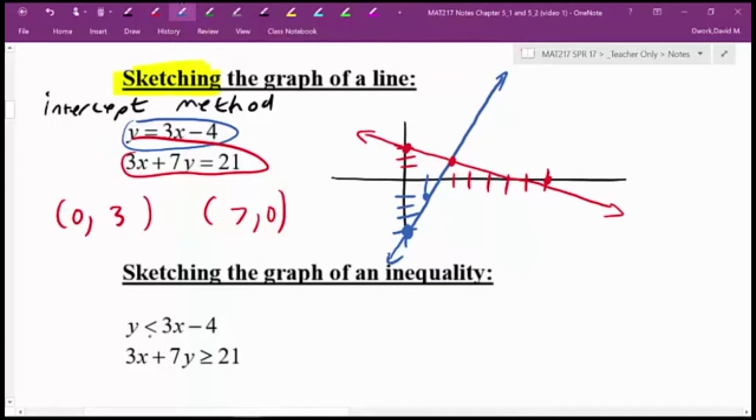And I apologize, there's a typo. That should have an equal sign under it. It shouldn't be a less than, it should be a less than or equal to. There we go. Okay, so